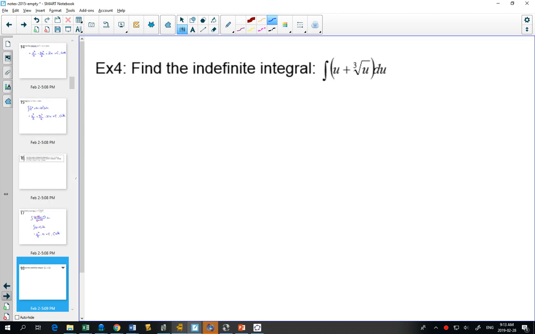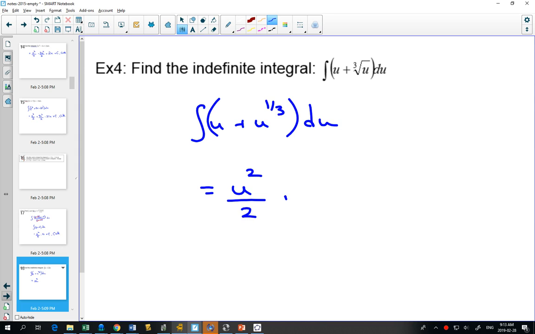And for the last one, well, the last one is already separated by adding. We might just take one extra step to change the cube root to u to the 1/3. The fact that the letter is u, but the fact that it tells us du, we're fine to integrate with our normal rules. Add 1 to the exponent and divide. Add 1 to the exponent and divide plus c. So we're going to get